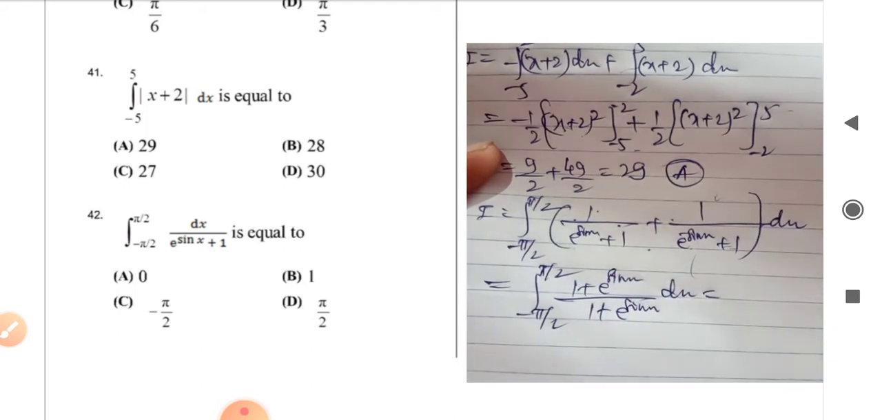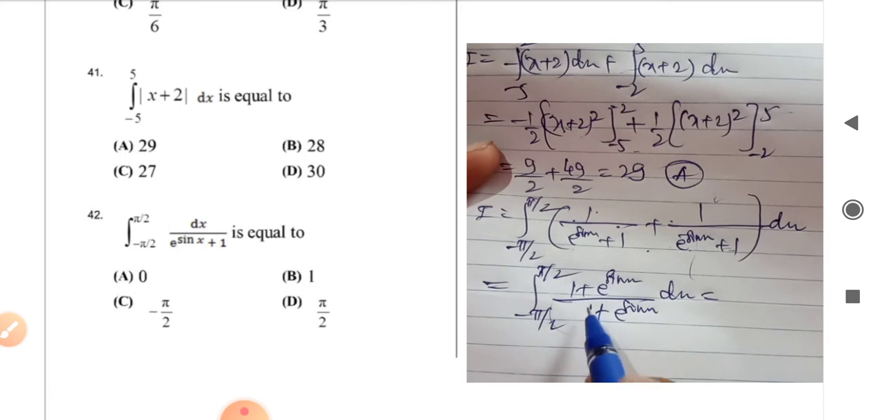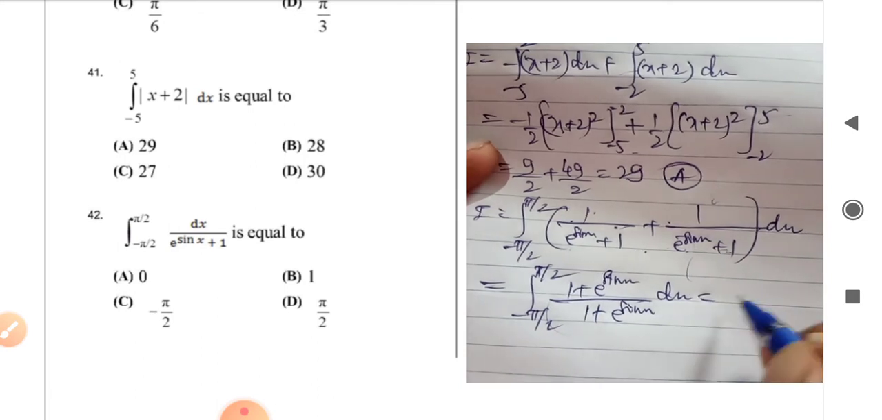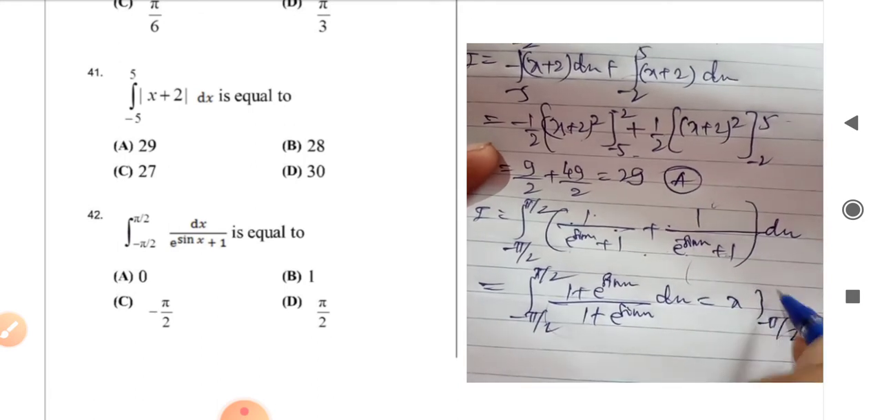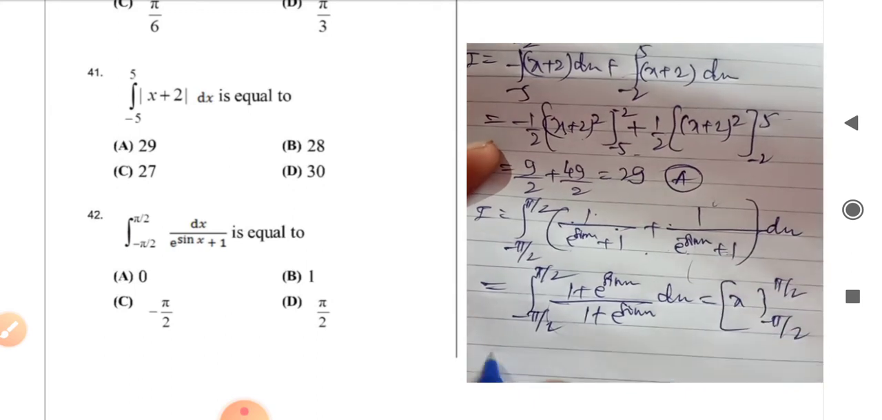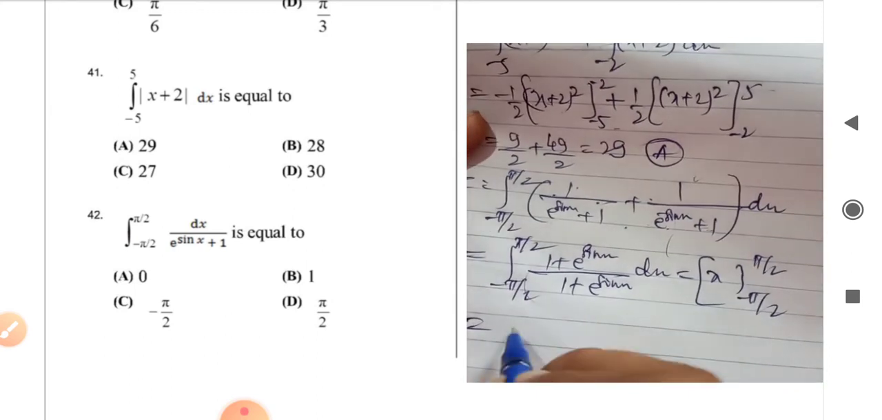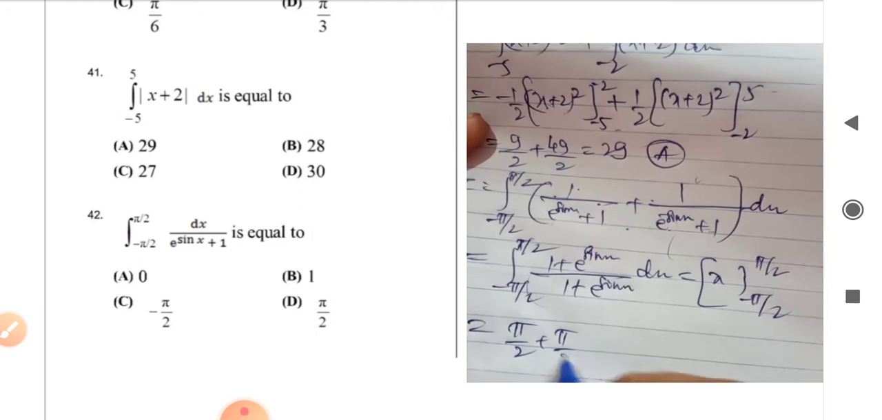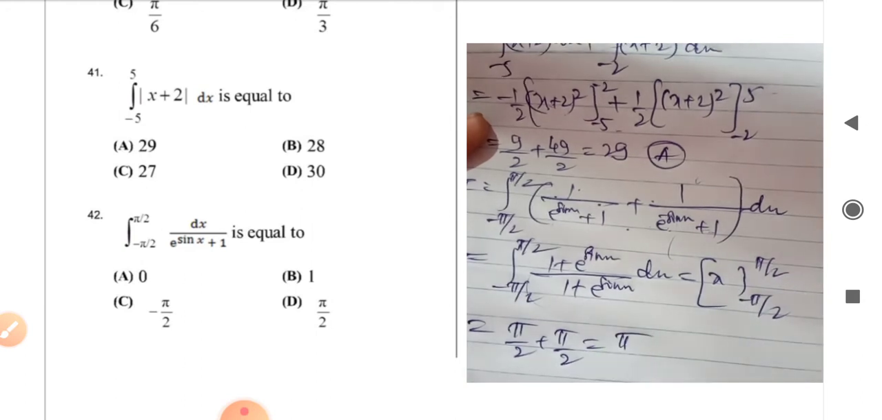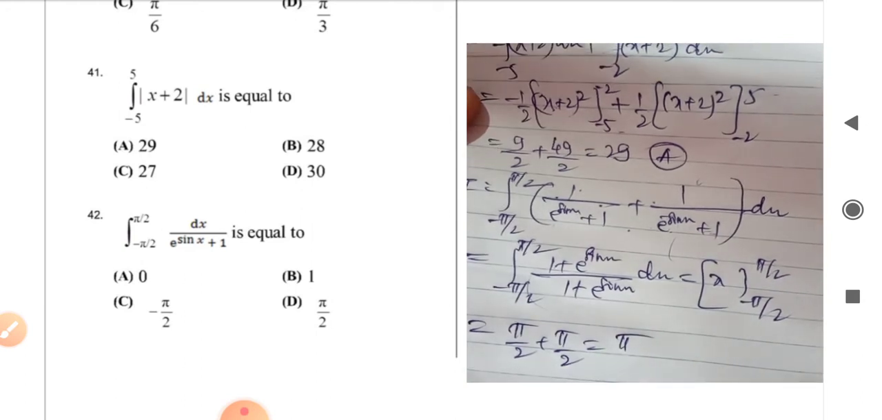So finally what you get here, it is 1, the integration of 1 is x, so that is minus pi by 2 to plus pi by 2. So what do you get here, it is minus pi by 2 plus pi by 2. So you get pi by 2 plus pi by 2. So then you get the answer as pi. So the problem number 42,